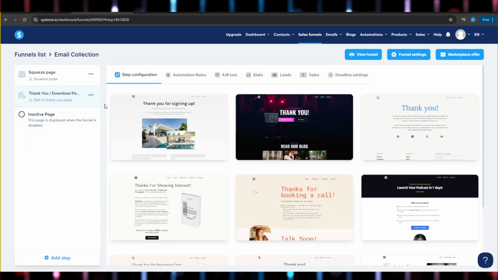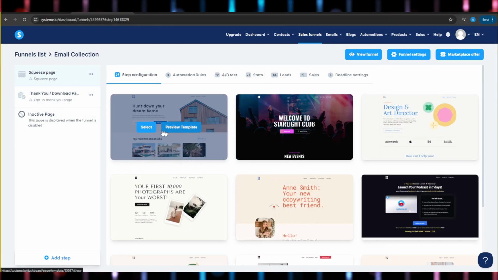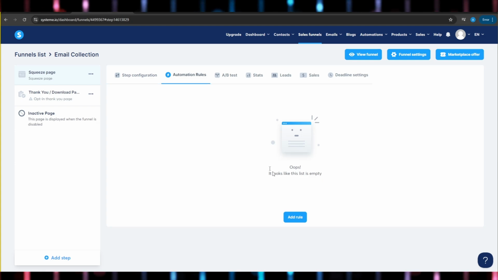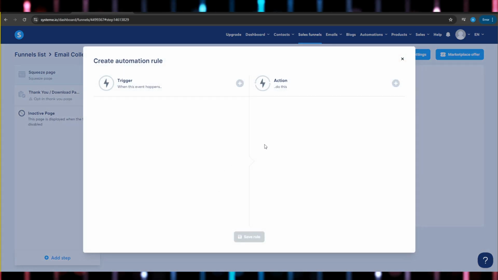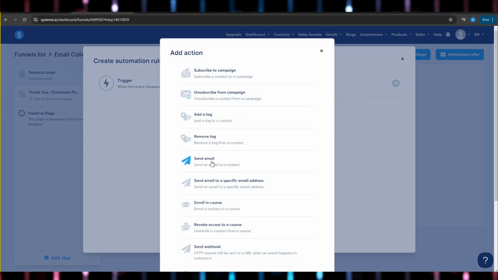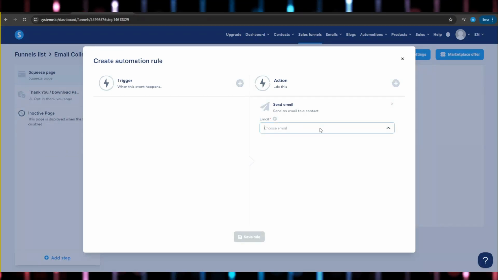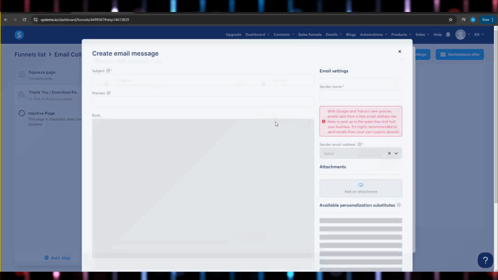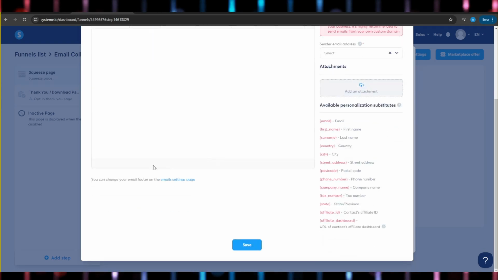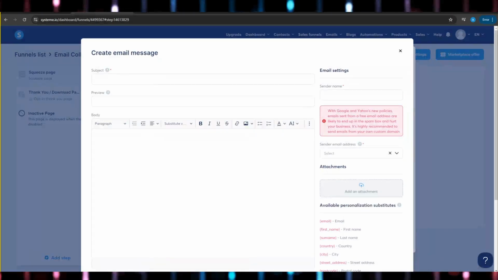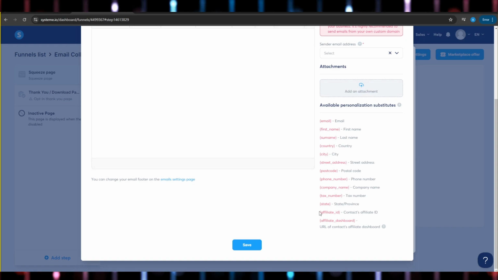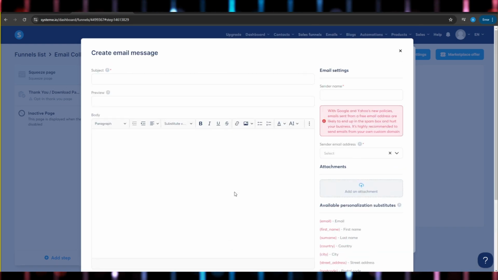Now after you guys are done with this, the only step left would be to go and here select your automation rules to send email through affiliate link to the people who registered as an affiliate. We'll just go here, and now to add actions, we'll just go here and here click on send email. Here you can go and click on this plus icon, and in the body of email you can add your URL affiliate link. You can do it simply by the substitutes present here,